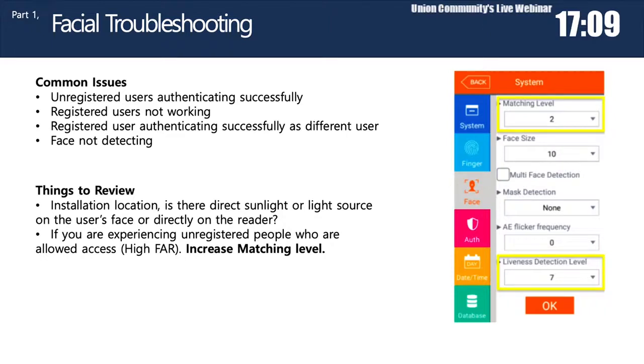Secondly, if you are experiencing a high FAR, where unregistered people are allowed access, as I said before, I've highlighted on the right side their matching level. Usually the default level will be okay for what it is set at. However, if you're seeing a high FAR, try increasing that level to something a little bit higher. Don't go by too much, maybe by 2 or 3 points, and then do some tests, not